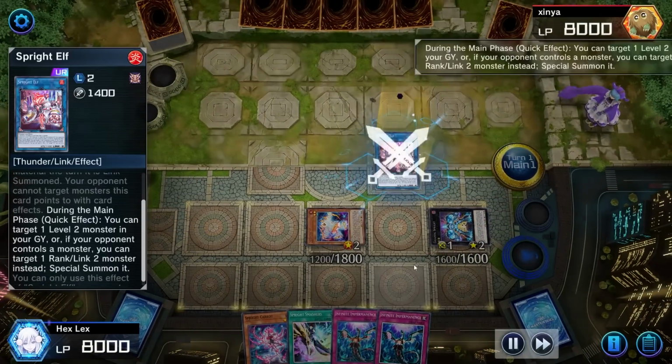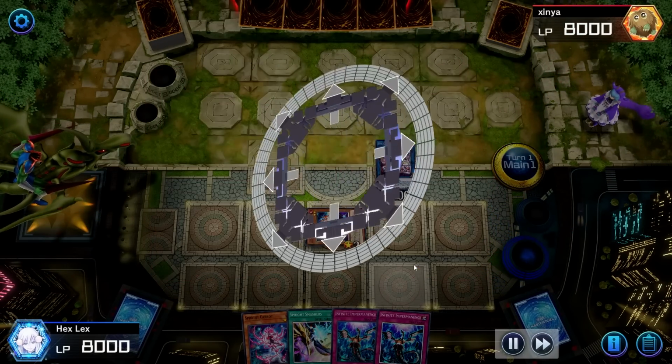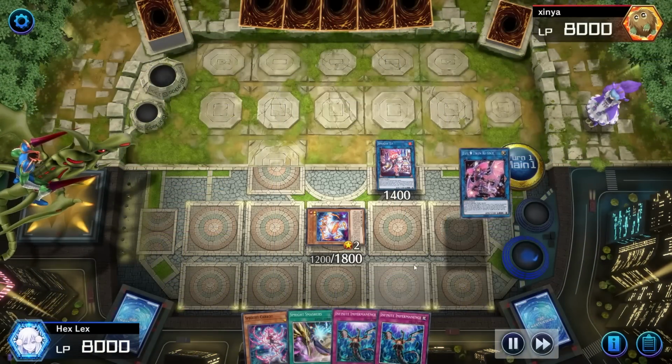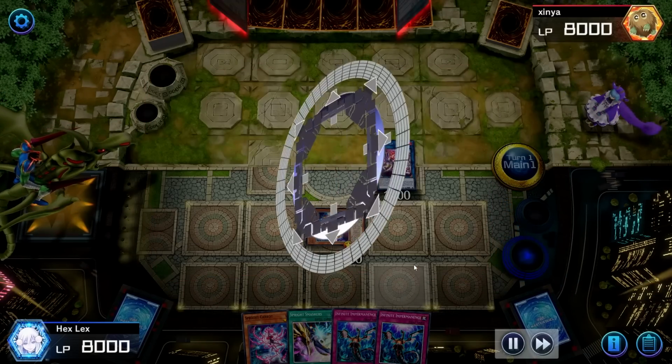Of course, the Spright Elf is coming back here as well. I'm going to bring back the Ki-Sikil just to have a monster to make the IP. Or, no, sorry, to make, of course, the Evil Twin Ki-Sikil. I thought I was playing pure Spright, even though I had just said Live Twin Ki-Sikil, and thought I was making an IP Masquerena there for some reason. But,